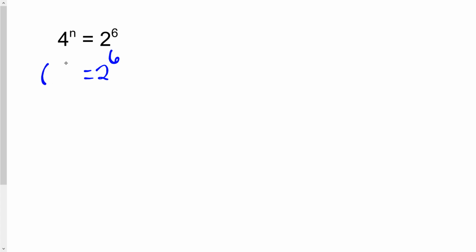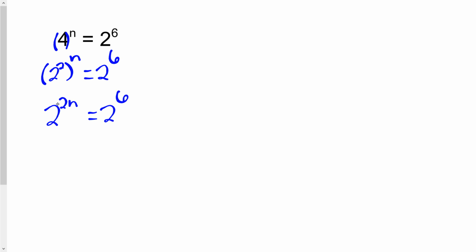So what I have here is 4 to the power of n, but we know that we can rewrite 4 as 2 squared. Remember that 2 squared equals 4, so we're going to replace the 4 with 2 squared, and because I'm substituting there, I'm using parentheses. With the exponent rules that I do know, if I have 2 to the power of 2 to the power of n, I can just multiply 2 and n here to get 2 to the power of 2n